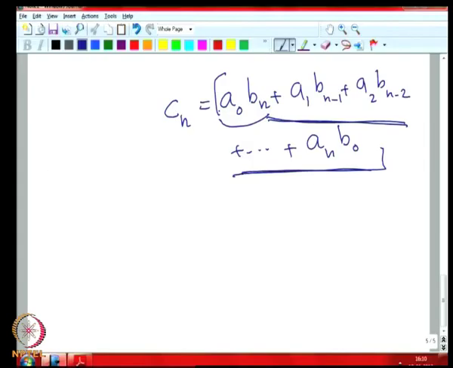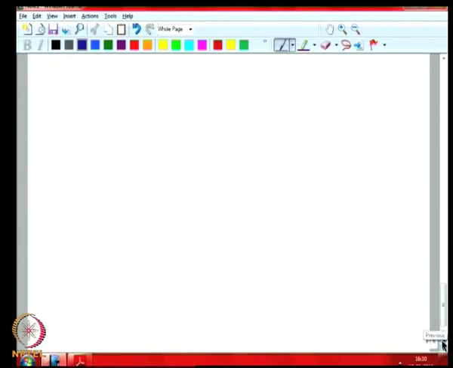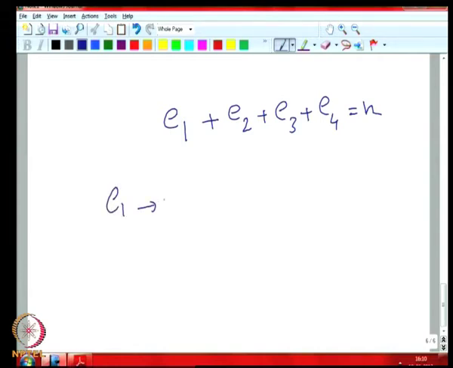These are the conditions. As usual, what we are looking for is the number of non-negative integer solutions for this equation, E1 plus E2 plus E3 plus E4 is equal to n,